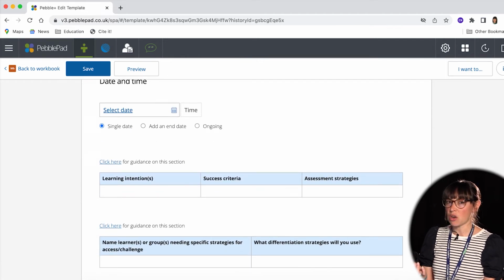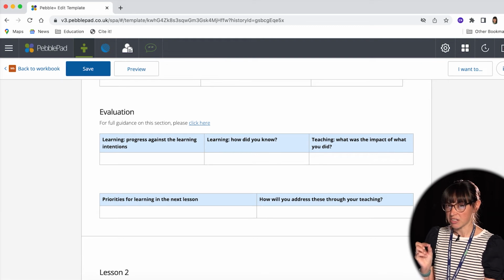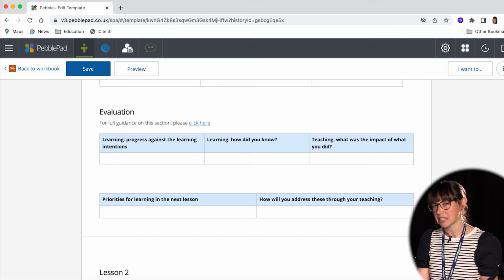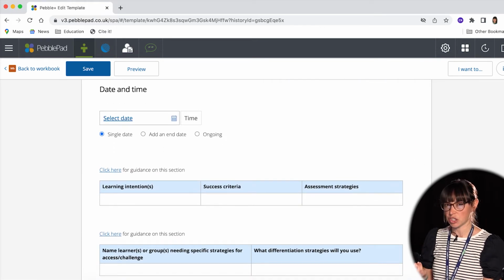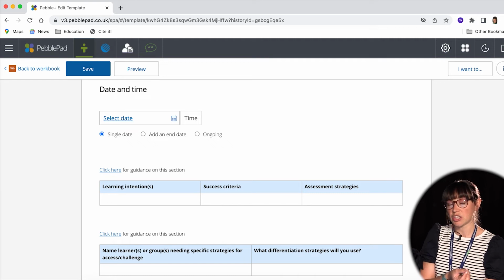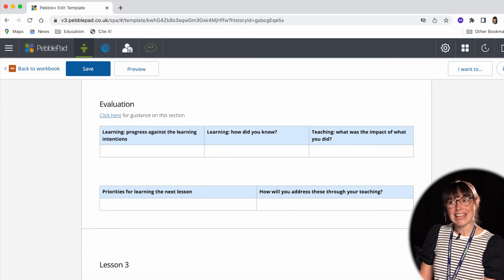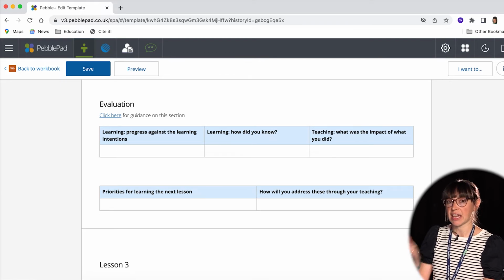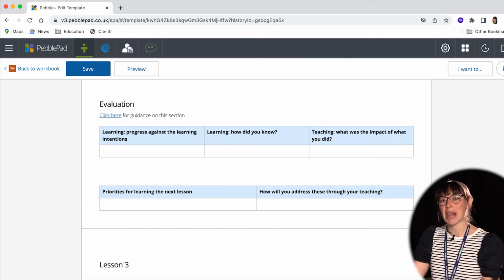Now that seems like a really obvious and simple detail that the PLP facilitates. But why that's important is that immediately after you've evaluated your lesson, it's a really good idea to spend a few minutes thinking, so what does that mean for the next lesson that I plan with these learners? What will my learning intentions be now that I've evaluated the progress that was made in the previous lesson? So by working the lesson plans and evaluations in a stream like this on the PLP, it's hopefully going to help create that joined up thinking from planning, from teaching, from evaluating to then reflecting and planning on for the